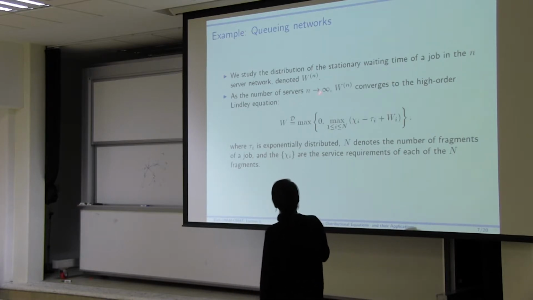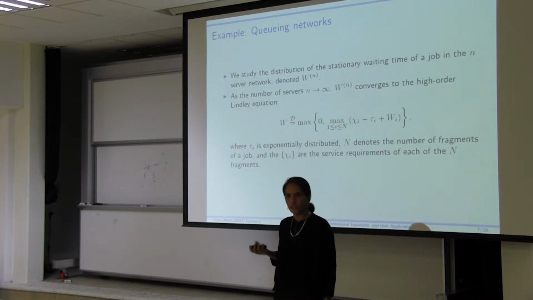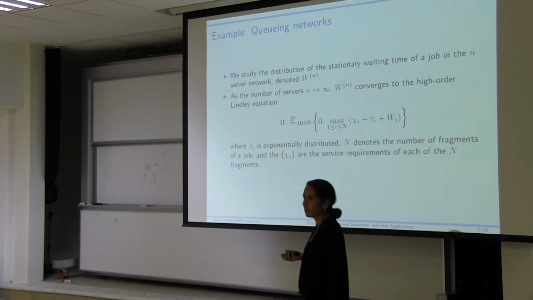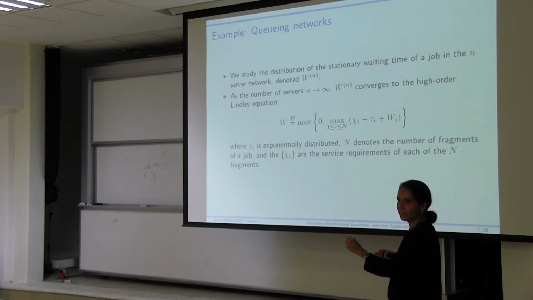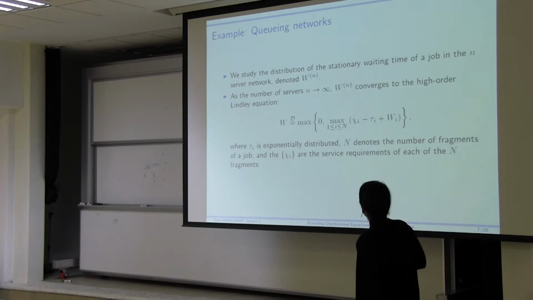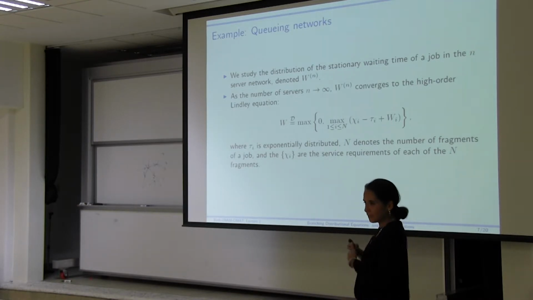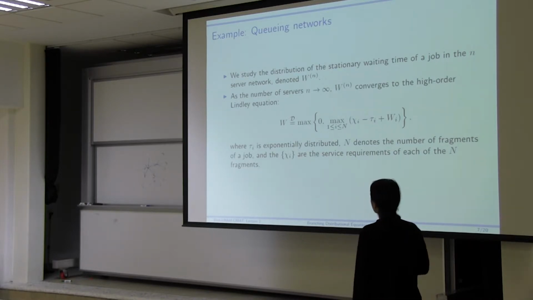And once we satisfy the conditions for stability, then we're looking at the stationary waiting time of a job. So basically what I'm looking at is, I'm going to tag one job in the standard Lorenz construction and send my initial empty time to -infinity and look at that first job that arrives at time 0. And I'm going to say, well, how long did it have to wait until all its pieces made it to the front of their queue so that they can begin service?